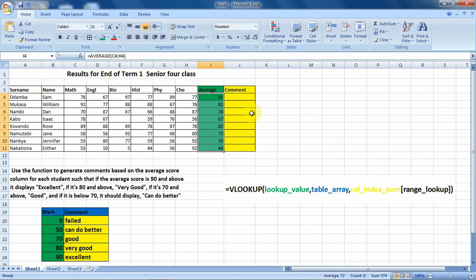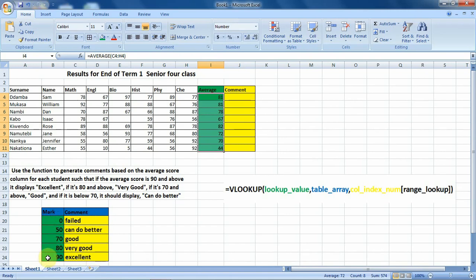Since we are interested in inserting the comments in this column using this VLOOKUP function, when we look at our table array, we shall see that our comments are in column 2. This is the first column, then this is the second column. So column 2 is where our corresponding values are.